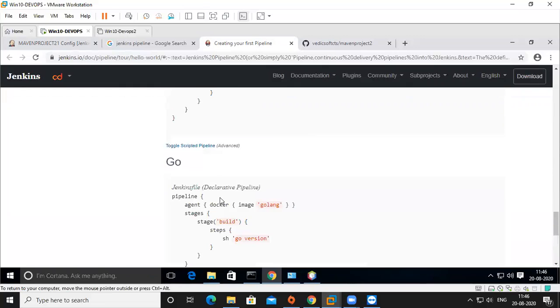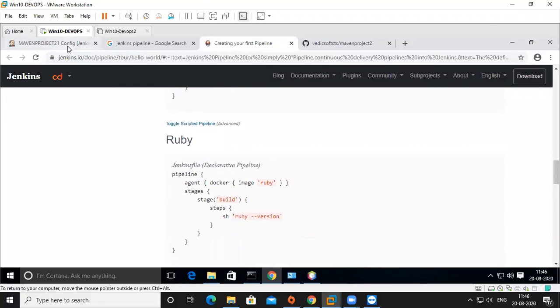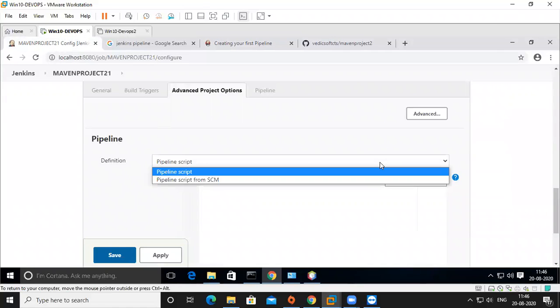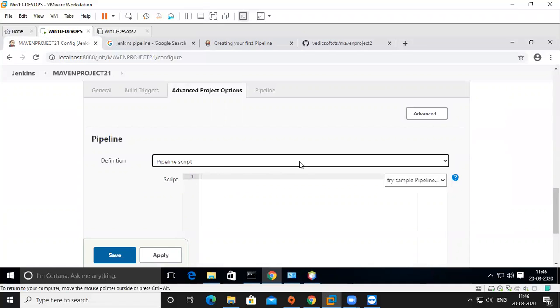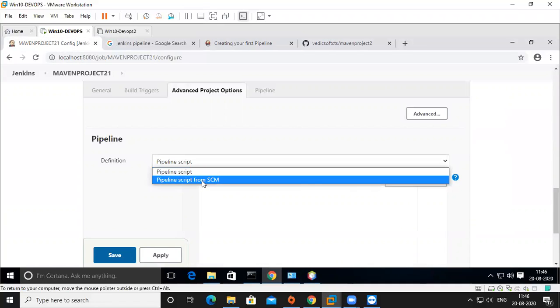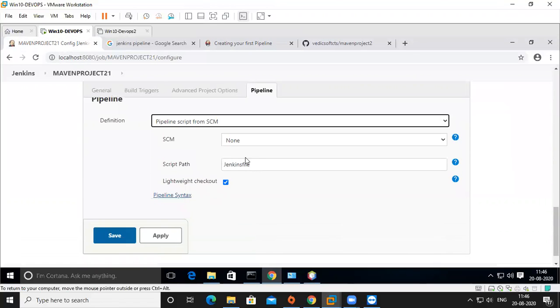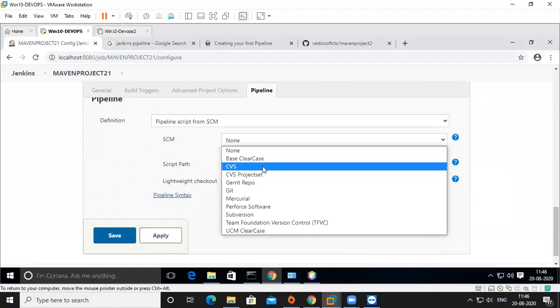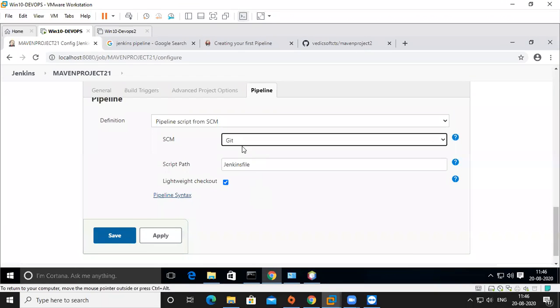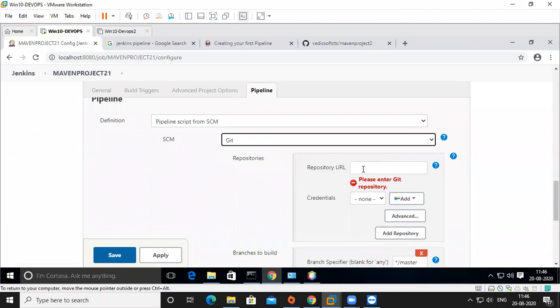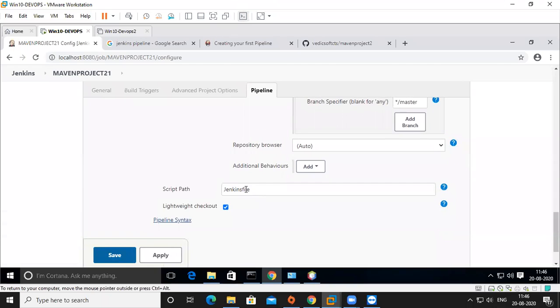Okay, so we can declare the steps here, or to make it easier, you can use a pipeline script from SCM. SCM means source code management, from Git, and you can add Jenkins files.